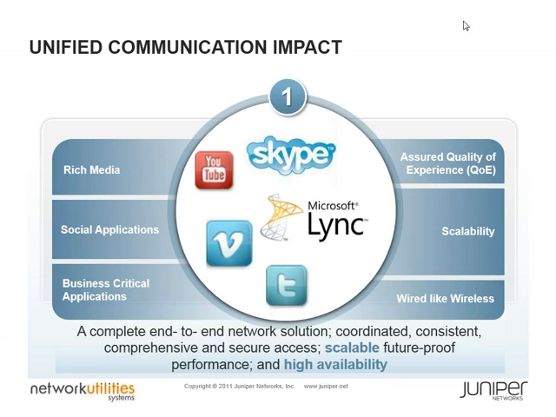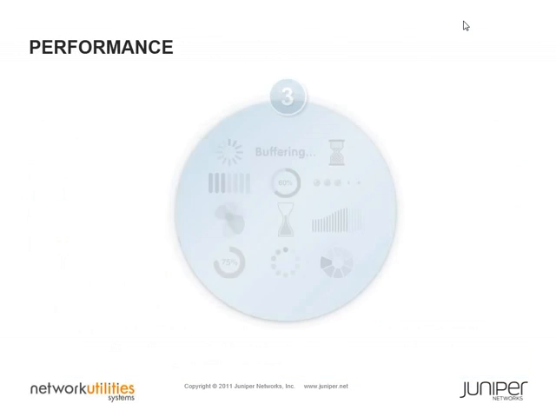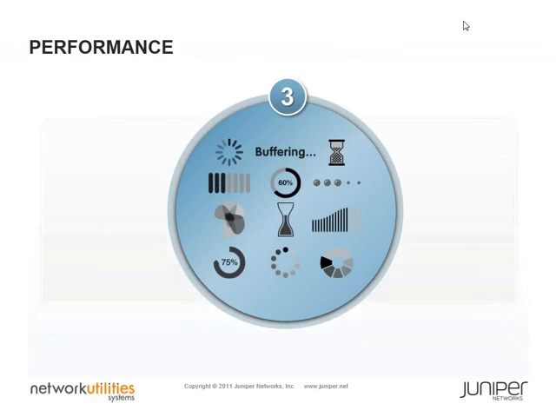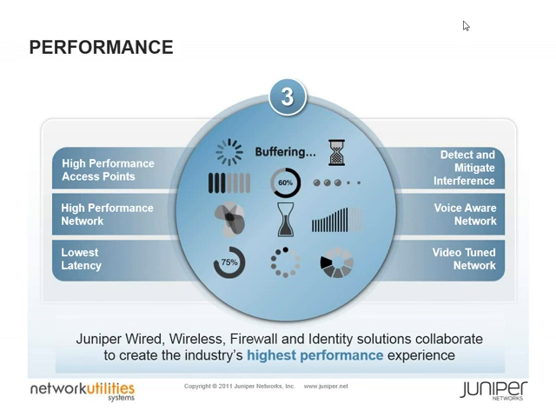these increased demands. Absolutely, and if we just look on this performance slide here, in order to meet the enterprise network demands as we've discussed so far, this slide illustrates some of Juniper's products and how they collaborate to create this high performance experience that we're talking about. So I'm just going to go into detail on some of them. High performance access points. Obviously, there are lots of vendors with wireless access points, but Juniper can boast to have the highest performing access points because there's research to support this.